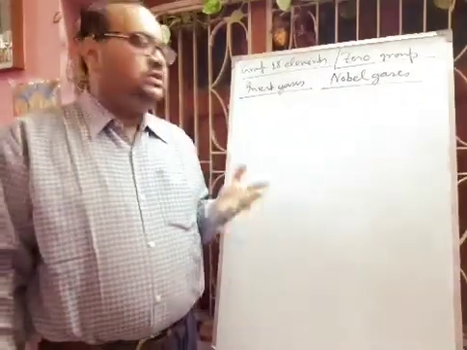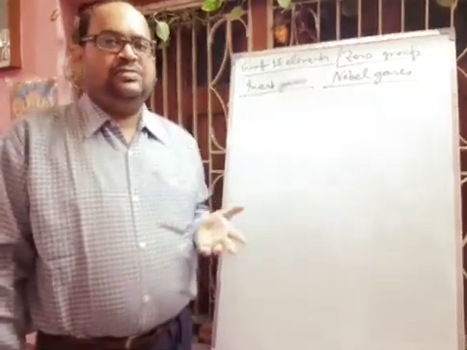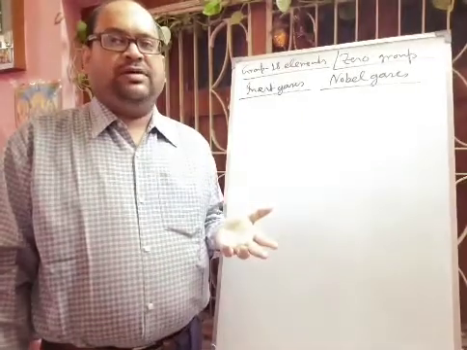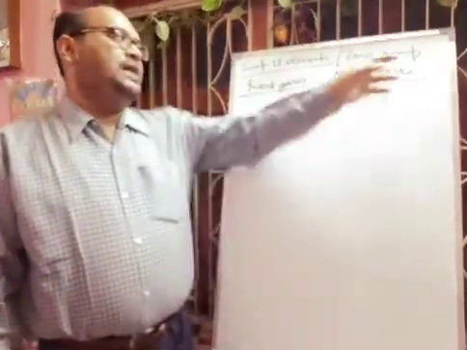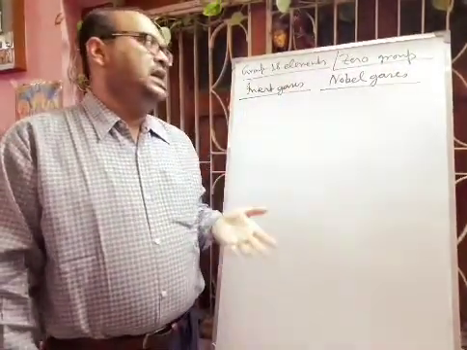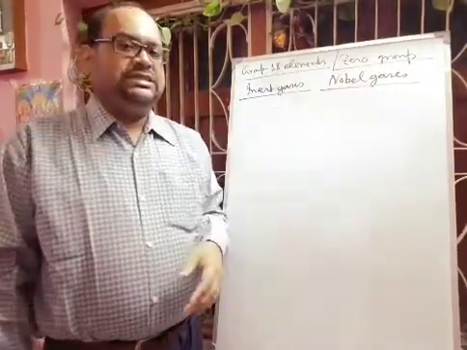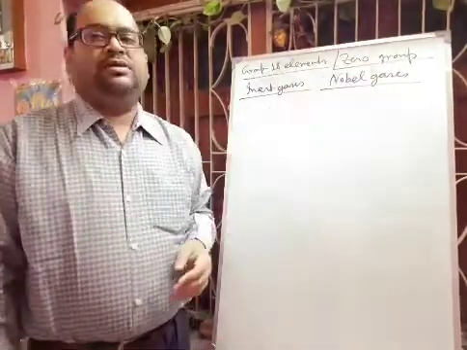So their electronic configuration is highly stable, and so they do not generally react with other elements under general conditions. That is why they are called inert gases. And why are they called zero group? Because they are not combining with other elements and their outermost shell is already filled up. That is why their valency is zero. That is why they are called zero group.